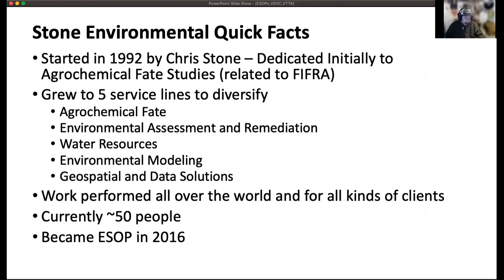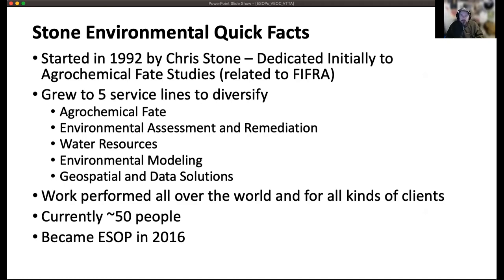After various political changes, and the FIFRA Act came and went and came back and went, they decided to diversify the service lines. And so we're now at 5 service lines where we do agrochemical fate work, environmental assessment, remediation, go to a site, see what kind of toxic stuff has been spilled there, how to fix it. We do water resource work, which is both stormwater and septic design for municipalities,